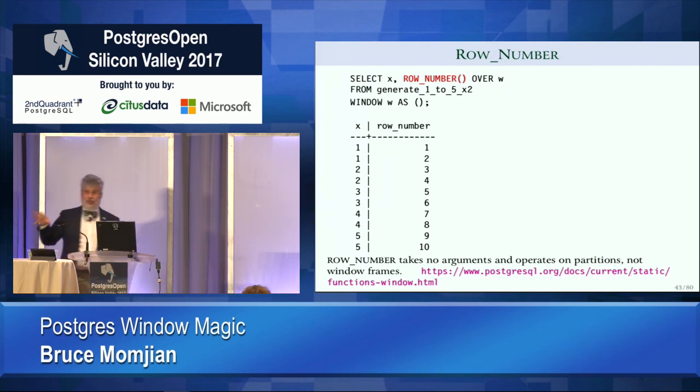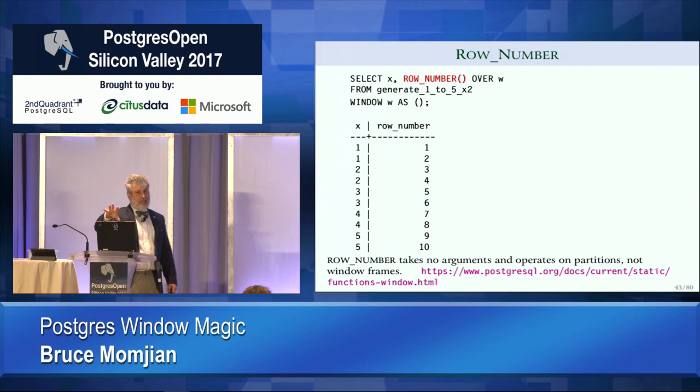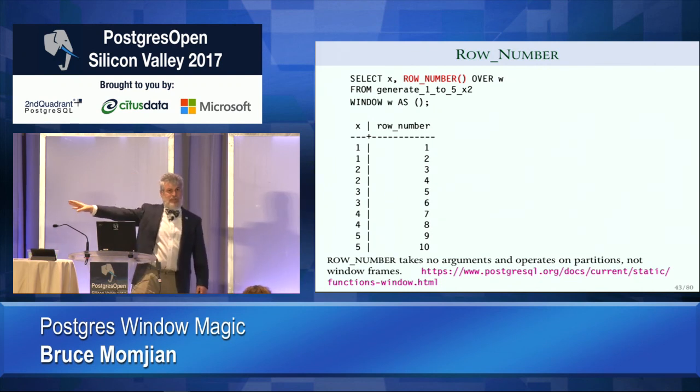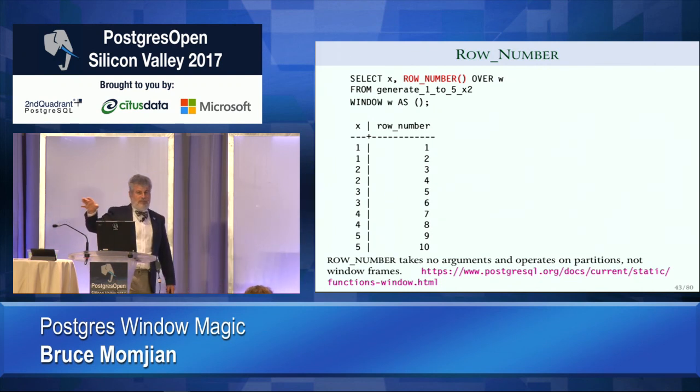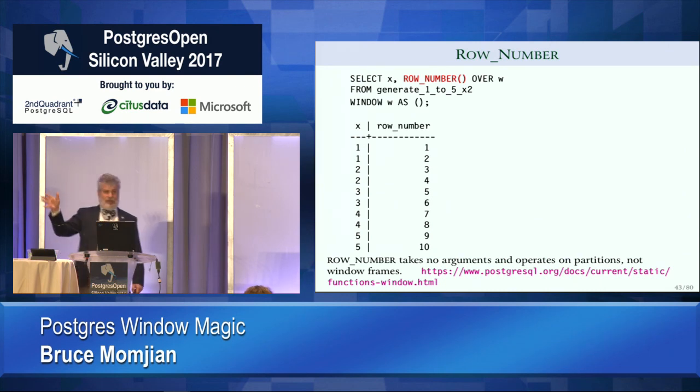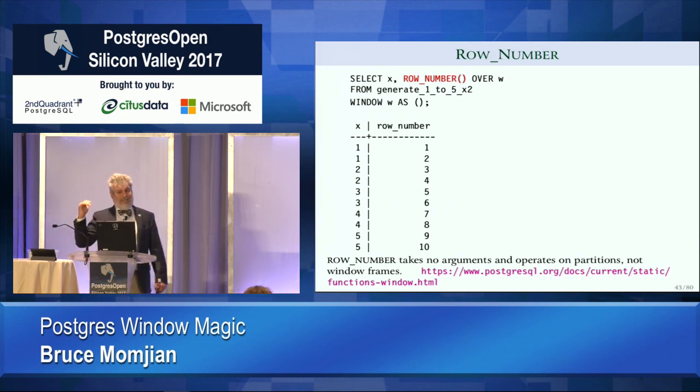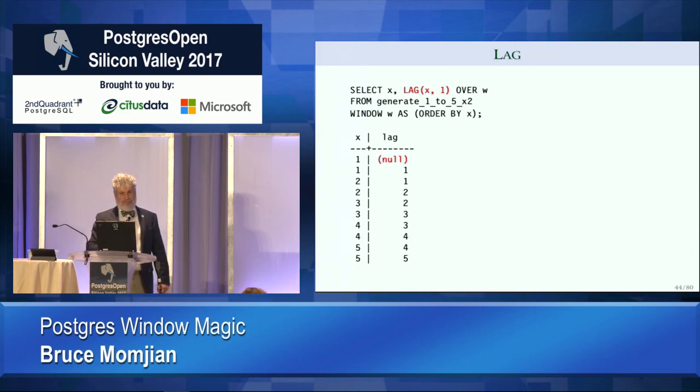And a window function we haven't seen before only operates on windows. You can't just call it yourself. It doesn't make any sense to call it yourself, right? It's not a generic aggregate, as we call it. But it does operate on partitions. Okay, very easy to understand. I think it just numbers the rows.